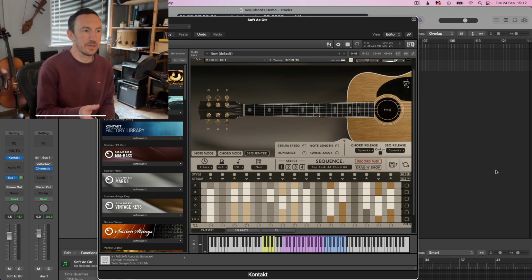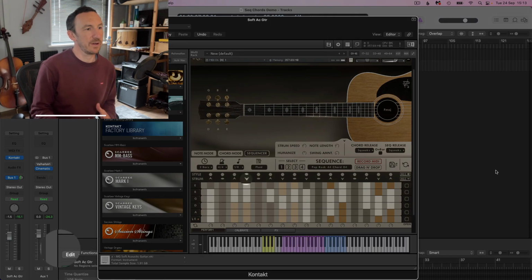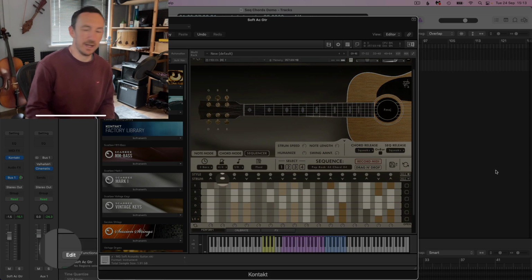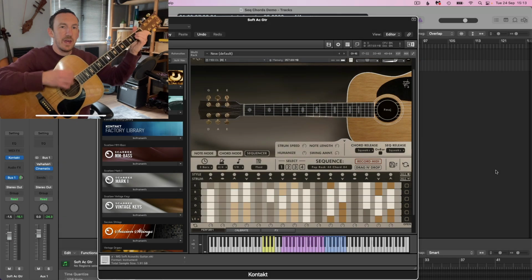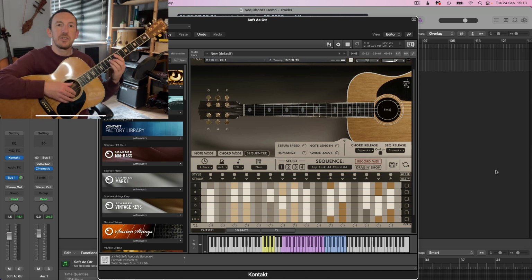So coming back to Soft Acoustic Guitar here, this strum row is very important for creating a realistic way of playing your sequence if you've got chords. So you can see there's an up arrow, which is the forward strum. We have a down arrow, which is the back strum, and the ellipse is the just finger picked. So just going back to the guitar, so we have down strums where you're pushing down across from the bass to the top, or you've got up strums where you're going backwards, or you've got picking, which is useful for certain styles, you know, like